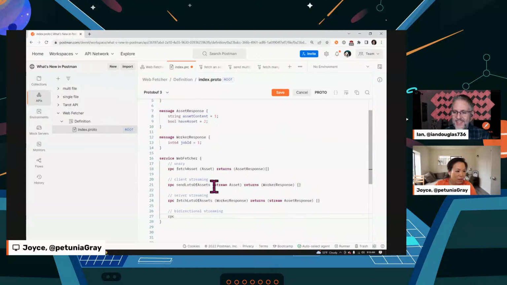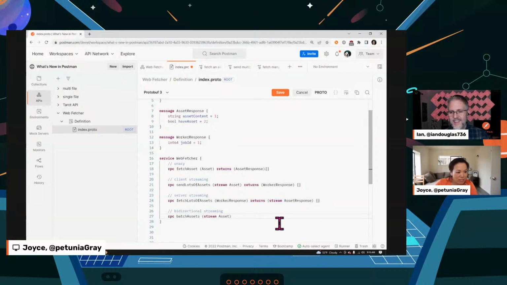I think we cobbled together client streaming with server streaming. Okay, I mean, that works for me. But we're going to have to give it a unique name. We can't give it the same method name, so we'll have to change it. Well, let's just call it batch assets or something like that. That's a good word. Batch assets, where we stream asset message type,